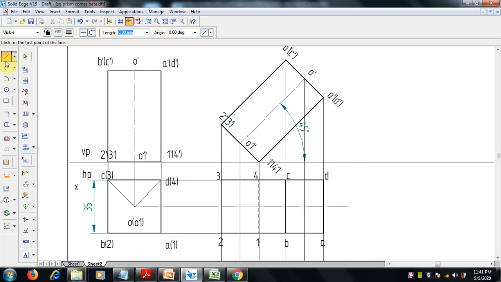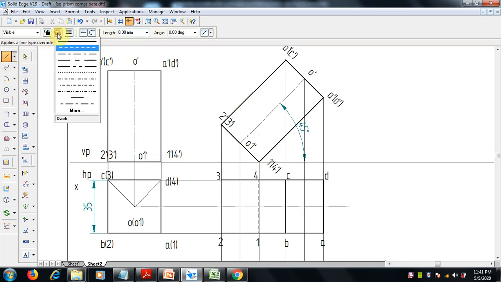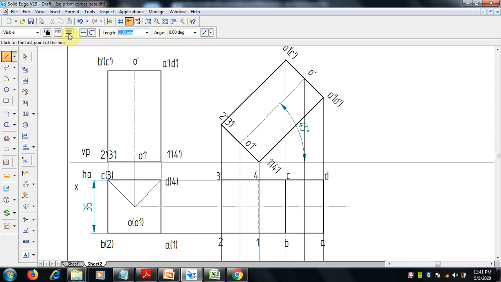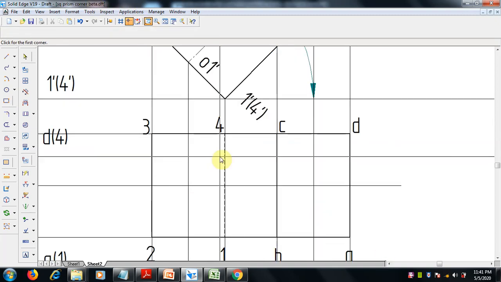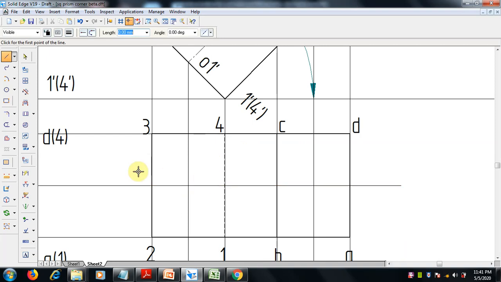Now the axis, select center axis line of 0.5 mm thickness, I am taking. So this is the intersection where it intersects, you can select where it shows the intersection, or else go for a zoom. So for better visibility you can draw.